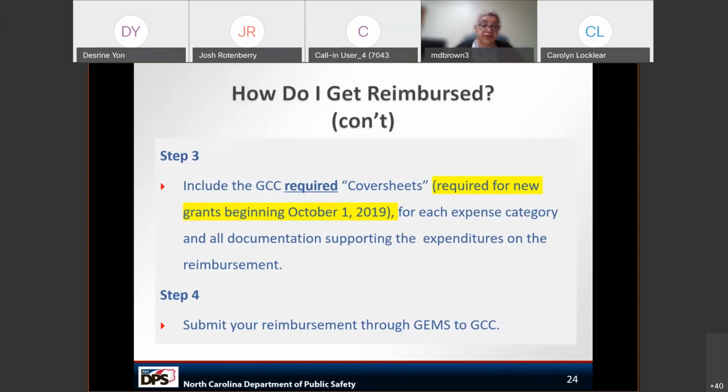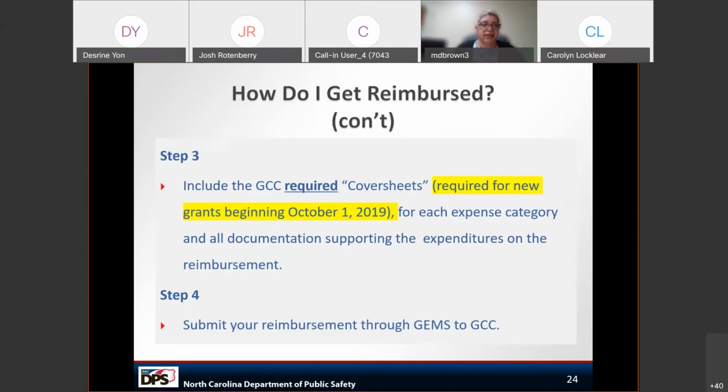So the cover sheet is very important, and nothing on there should be left blank. If there is a box asking for information, please make sure you fill it out. And the best thing to do with your cover sheet is do not handwrite them, because we can't all read each other's handwriting. So it's best that it's typed in dark ink because it has to be scanned and uploaded, and then we print it down and we look at it.